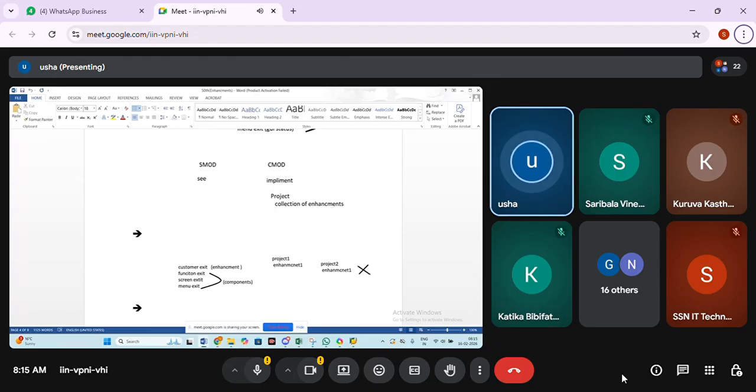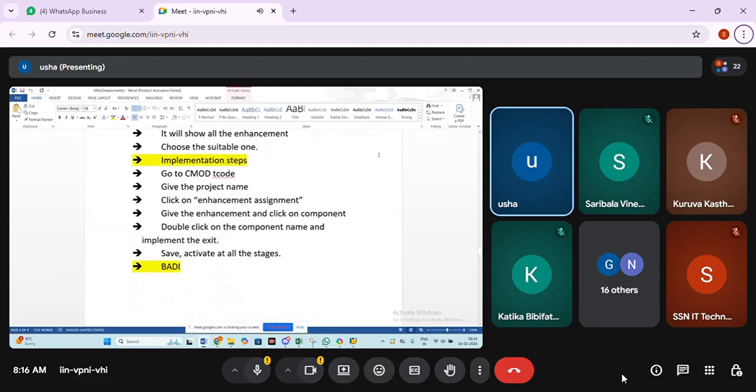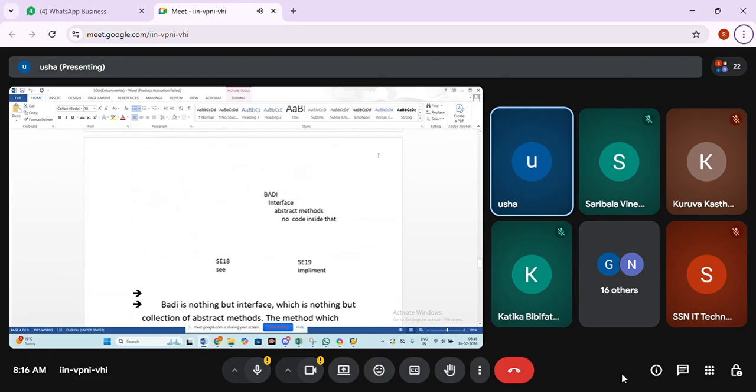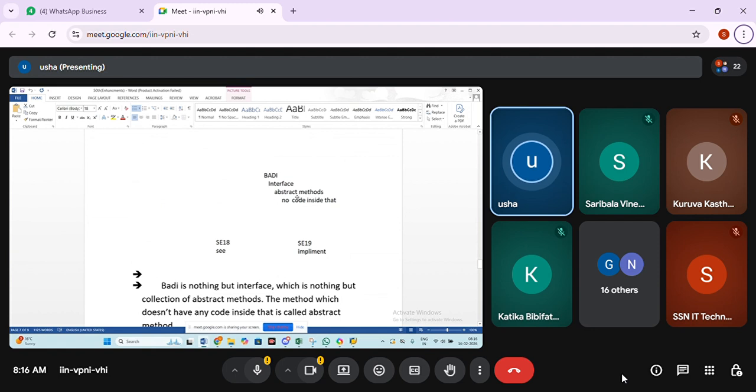So BAdI is an interface, that I understood. How to find it and how to implement it, the steps. First how to find, then how to implement, we'll see that. We're going to start learning about BAdI. It's an interface where abstract methods are there, with no code inside. How to find BAdI.